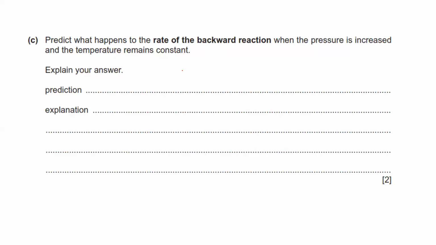So again, remember, this is solid H2O. This is in gaseous form. This is forward reaction. This is backward reaction. CO gas, and you have H2, hydrogen gas. Okay. So what happens to the rate of backward reaction if the pressure is increased? Say we have 2 moles here and 1 mole here. So if I increase the pressure,